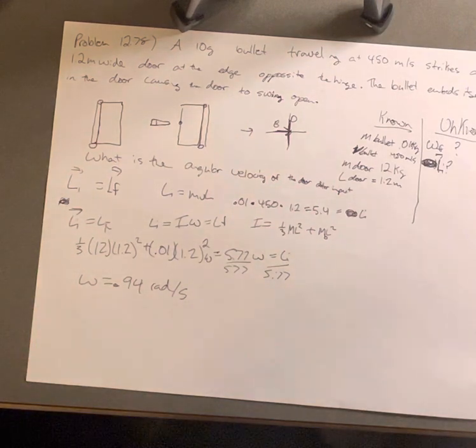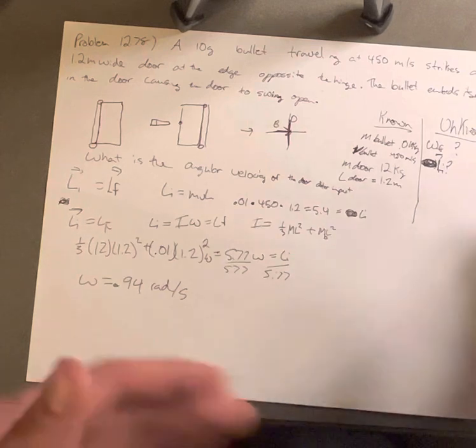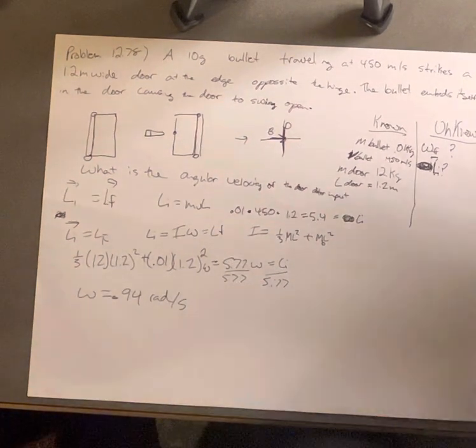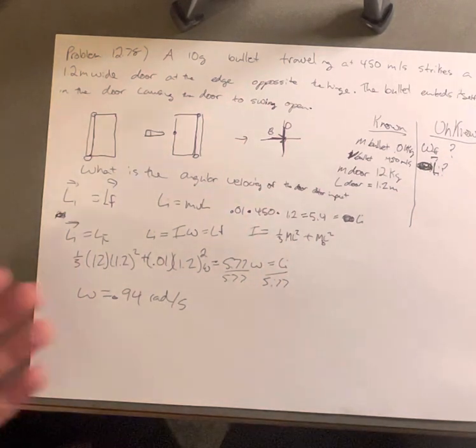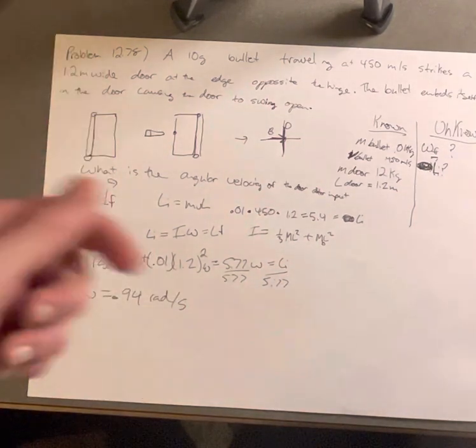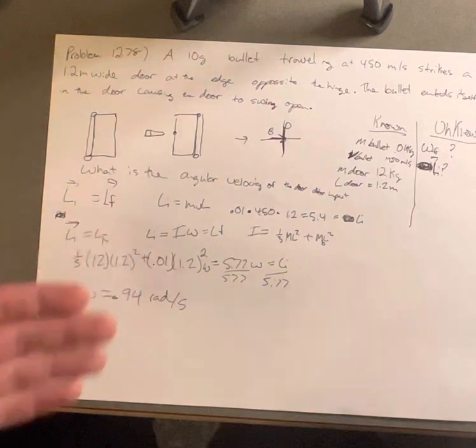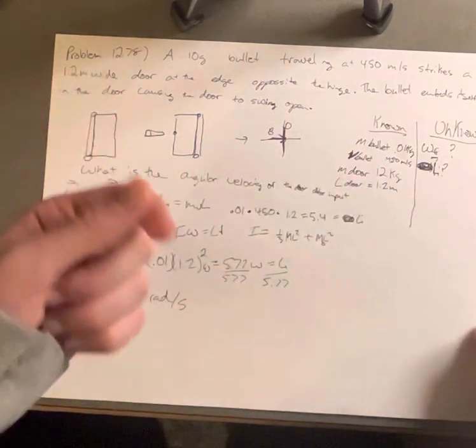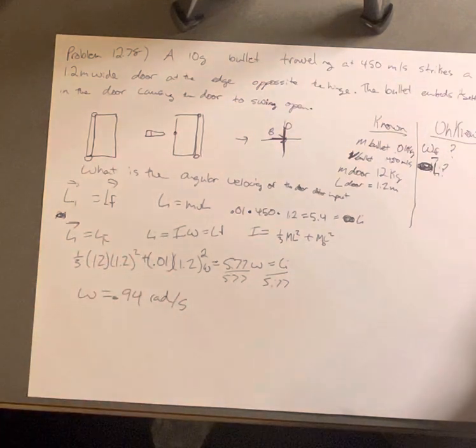So with conservation of angular momentum, just like conservation of momentum, the initial momentum will be equal to the final momentum. So we can set that equal to the inertia, because we know it's rotating, times the angular velocity. And since the torque is from where the bullet's hitting it, we know we're going to use the parallel axis